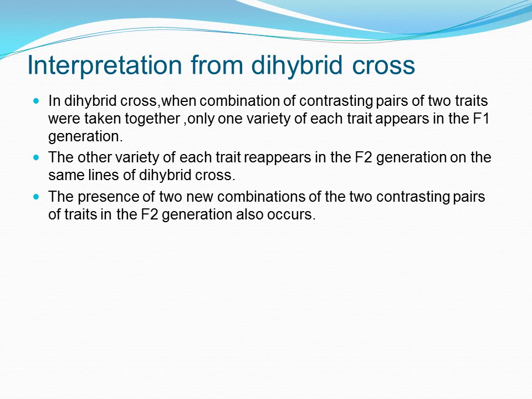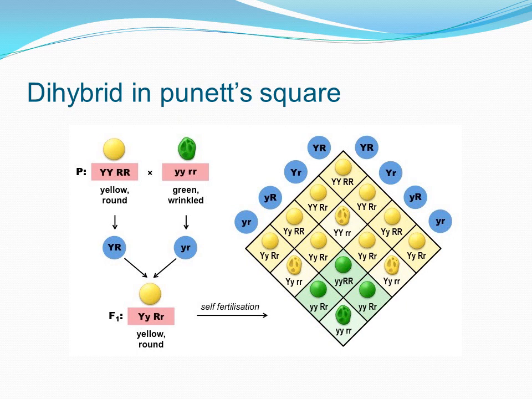So let us quickly look at the Punnett square again, just a quick revision. We have learnt it earlier. Yellow and round being crossed with green and wrinkled seed. So what is happening in the F1 generation? Yellow and round seed plants are formed, which have green and wrinkled characters as recessive. After this crossing, after self fertilization, in the F2 generation, what we are seeing is the ratio